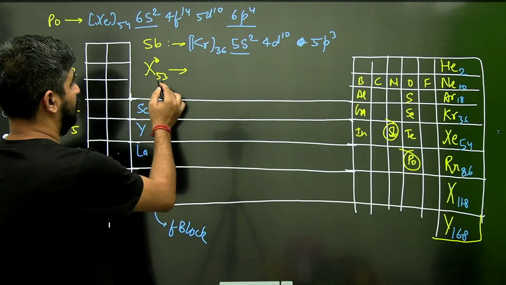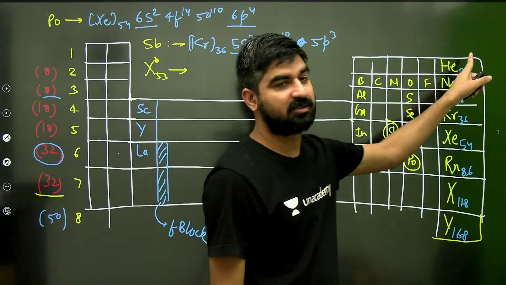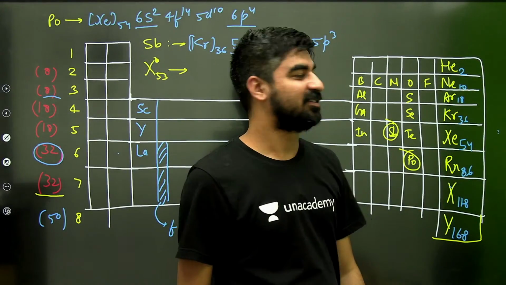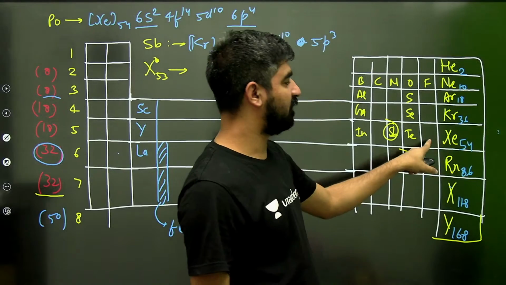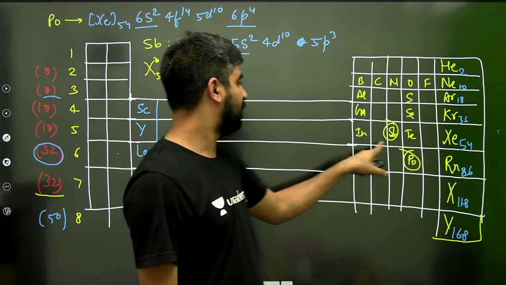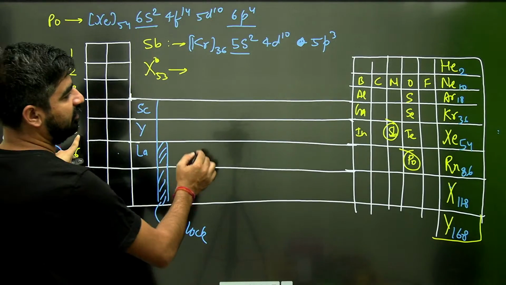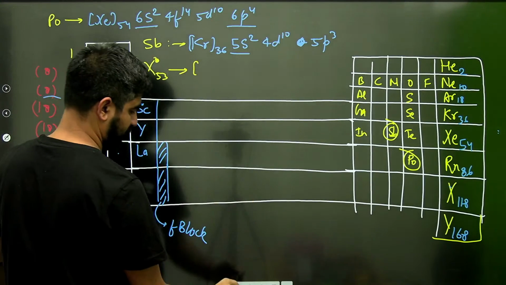So now you have to remember all these. If you don't remember it, it would be difficult. So 54, just below 54 you will be having 53, and it belongs to the fifth period. So how will I write it? Krypton